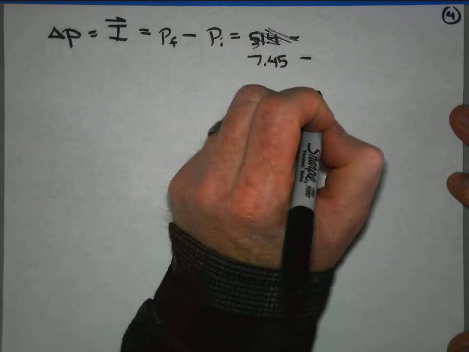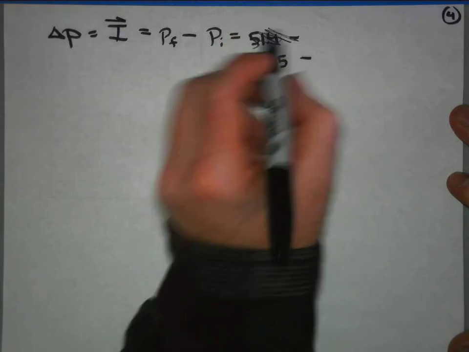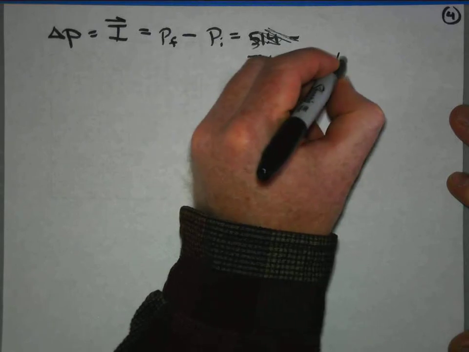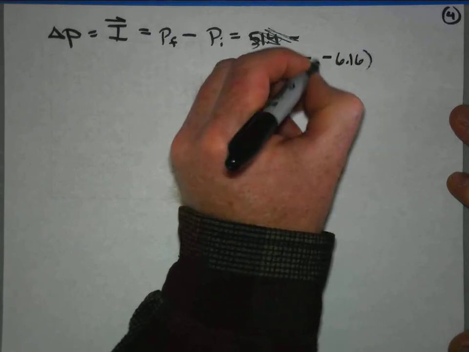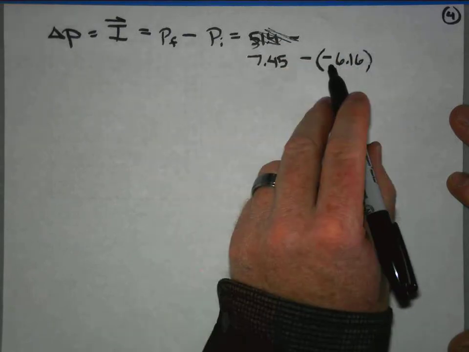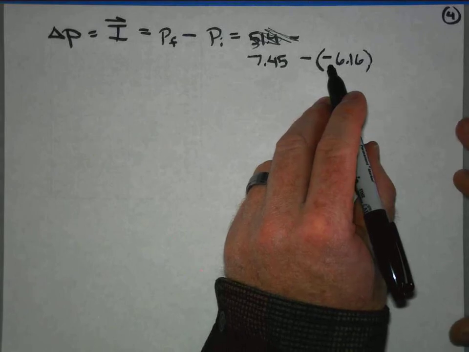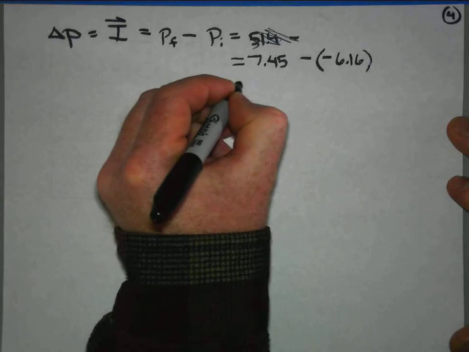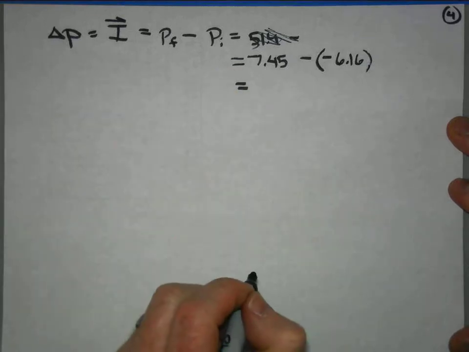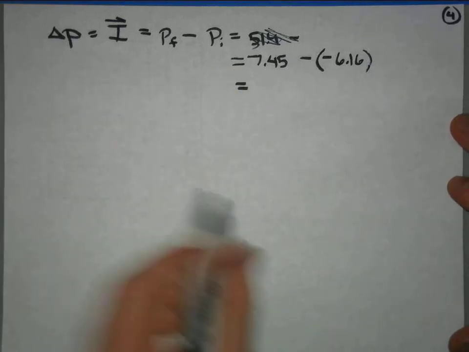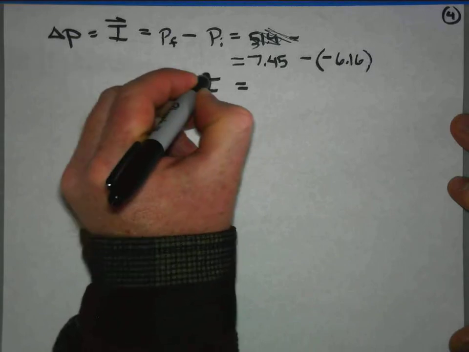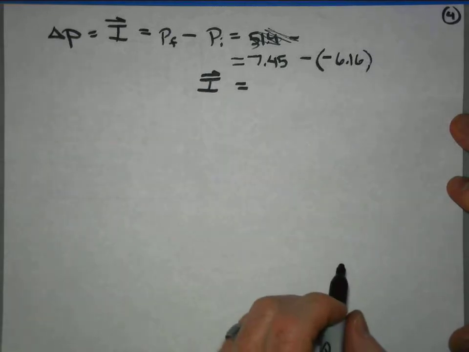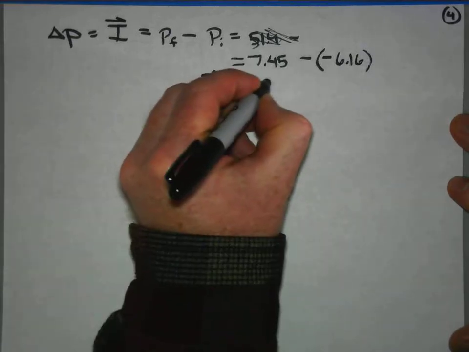And I'm going to take away our initial, which was 6.16, but in the negative direction. Right? You can see why maintaining your direction sense, positive, negative direction, is really vital here. So the total change in momentum, or in other words, the impulse acting on the ball, is a value of 13.6